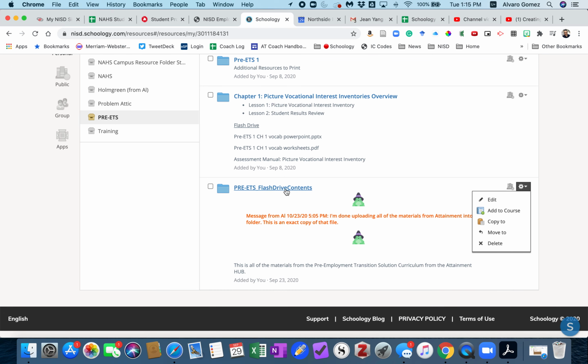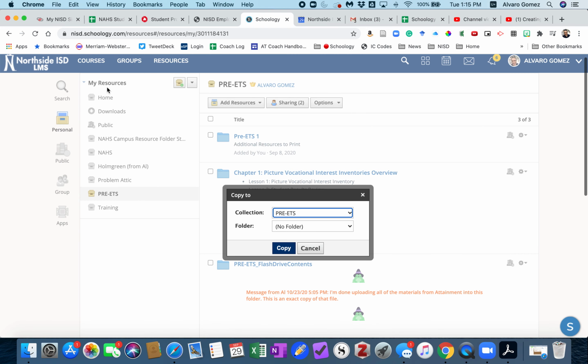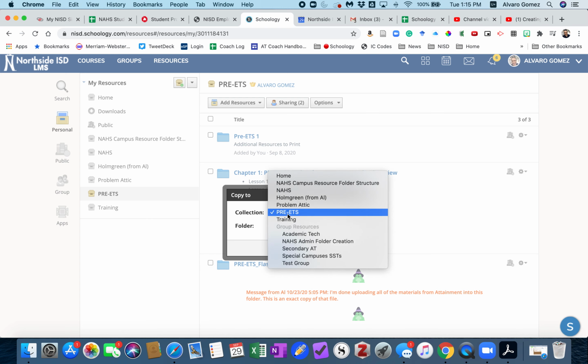Now, this is the one that contains all the PDFs from the pre-ETS flash drive. So to do that, just go to copy to. Okay, so from here, what I'm going to do is I'm going to copy it back into my resources, so that way you have access to it in your resources. Okay, so you're going to copy it to,